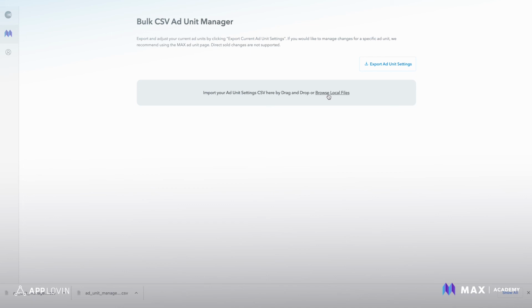And if they can't, you will get an error message. We can go ahead and test that. So drop it in. We can see that I have an error message that I have a different site ID that I need to update. Keep in mind that this is bulk changes. So this is across all your ad units, and it saves you time from having to switch from multiple pages. If you just want to make a change to one ad unit, it's probably best for you to just pop into the UI and just make them directly. Also note at this point, direct sold changes are not supported, but you can update all your networks with no problem.